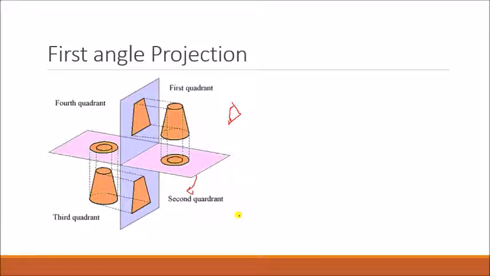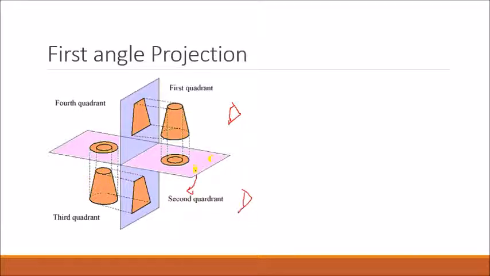Same way now we'll see the third quadrant. Okay, so the observer is the same, it doesn't move. So when you are seeing from this side, that is the observer, in third angle what happens, the plane is in between the object and the observer. So when the plane is in between object and the observer, we call it third angle projection. Okay, in first angle the object is in between the plane and observer. In third angle, this vertical plane is in between the object and the observer.